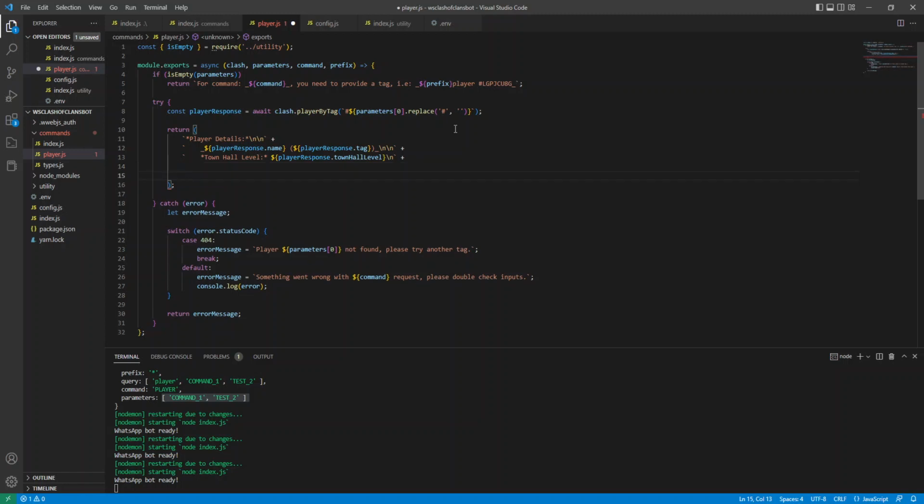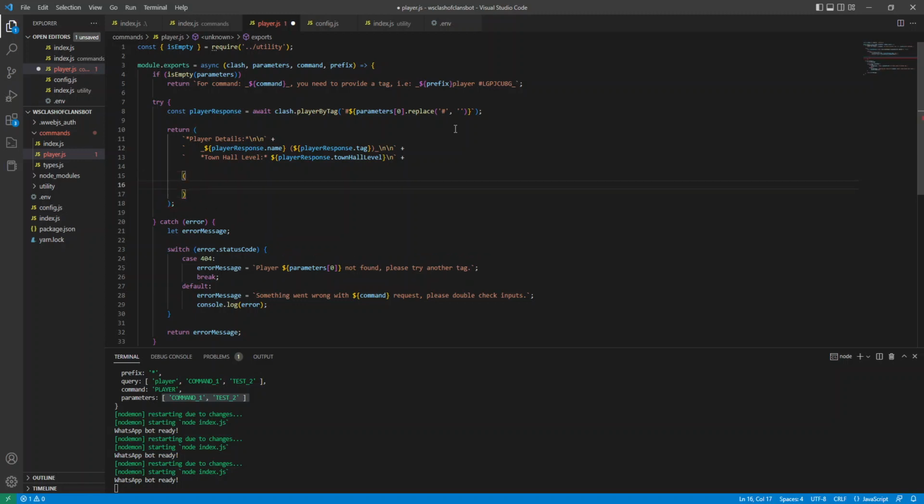Now here we're going to do a ternary if statement, right? So we're going to check if the player has a builder hall level, and if they do have a builder hall level, then we'll add it. If not, then we won't. So let's do smooth brackets, and let's do is empty